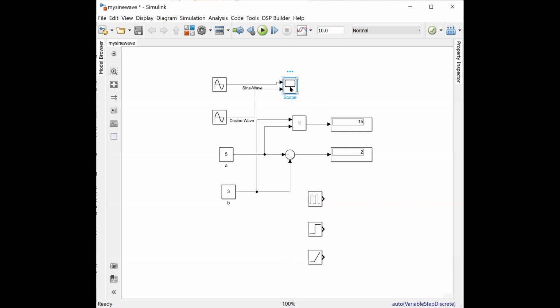So if I drag this, you have to keep pressing enter. You can see there are 2 inputs. Now I want 3 inputs, so you can double click on it. A window appears